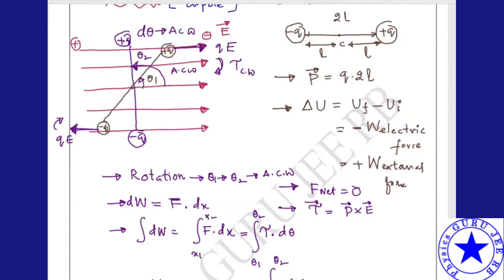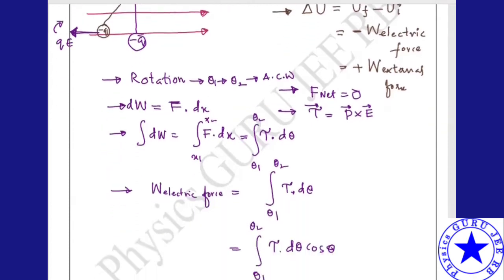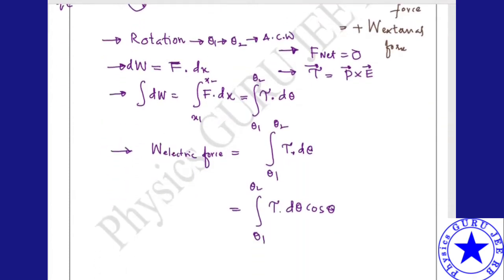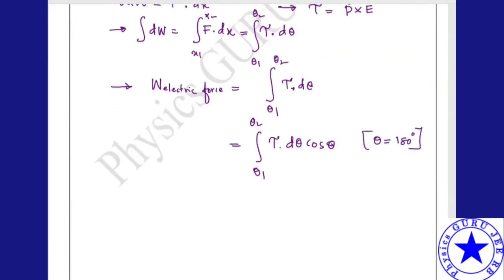So hope it is clear. Torque is in the clockwise direction, d theta is in the anti-clockwise direction. So can anybody expect what the angle would be here? Theta is equal to how much? Torque is in clockwise, d theta is in anti-clockwise direction. Anybody? Any answer? Okay, it's nothing but 180 degrees. One is clockwise, one is anti-clockwise, that means both are opposite in direction.